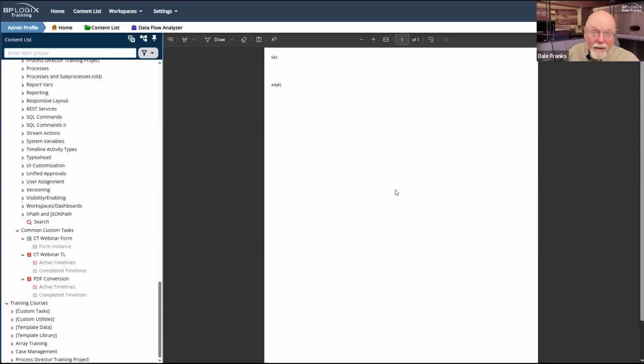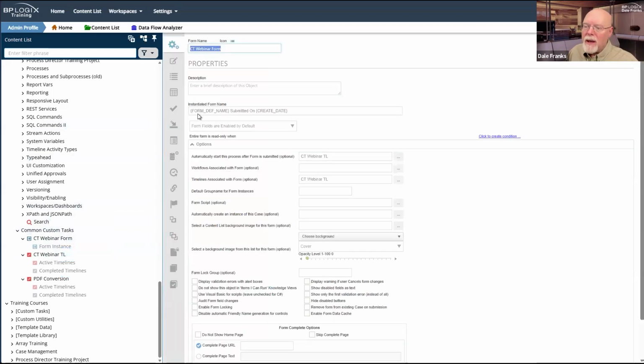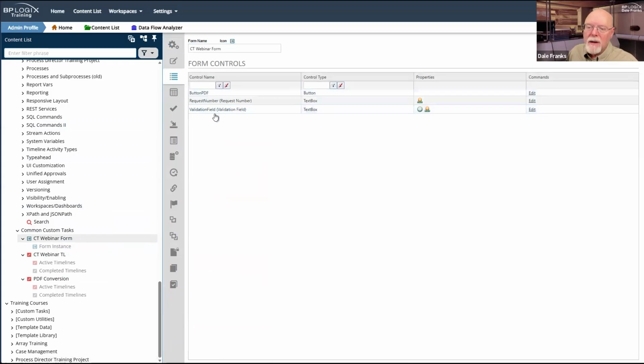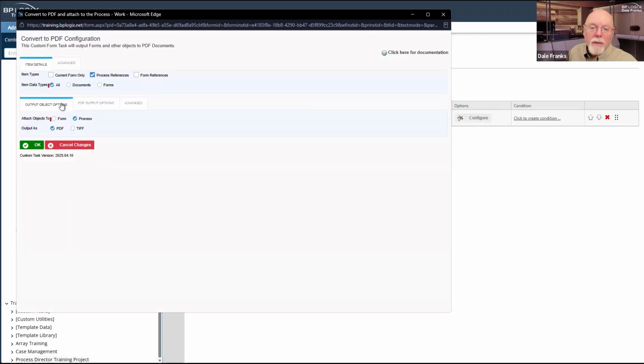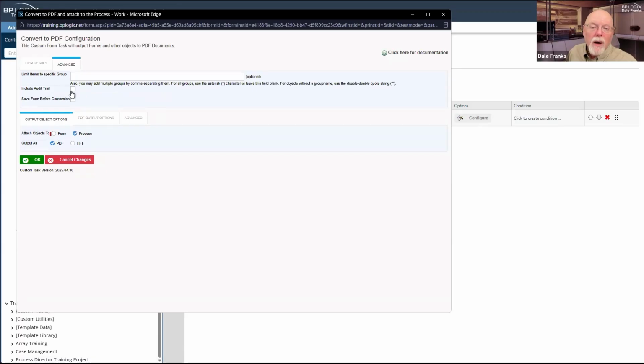And if you checked the little checkbox for the routing slip on the custom task, which I would strongly recommend that you do if you're doing an archive, you're going to want to be sure that when you do that, you include the audit trail so that it shows the routing slip at the bottom of every single form. Now you've got your archive, you've deleted all your old stuff, you've freed up all of your data.